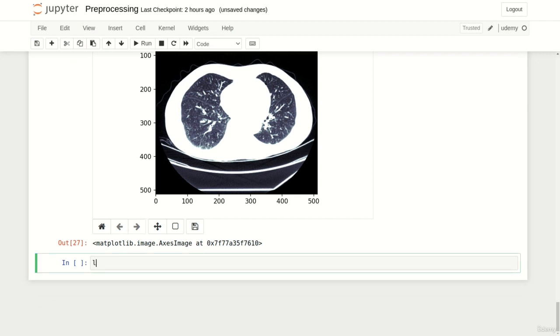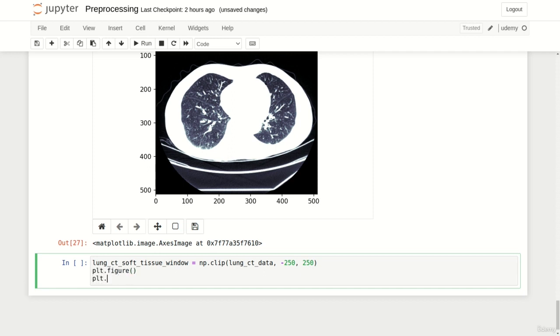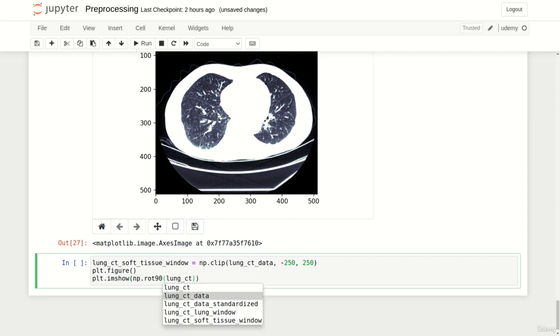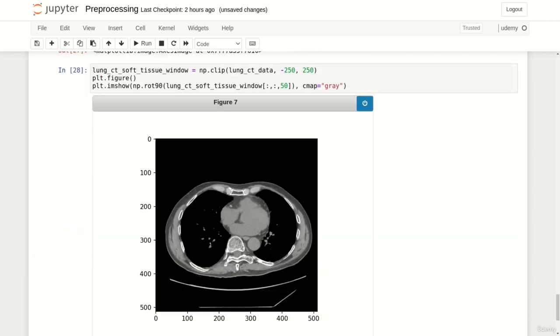Additionally, we can define another variable called lung CT soft tissue window, where we again use the clip function, pass our lung CT data and clip all values outside the interval defined by -250 and 250. We use the plot from above to visualize the slice with applied soft tissue window. As you can see, the lungs are nearly fully black, but you have lots of information within the heart or